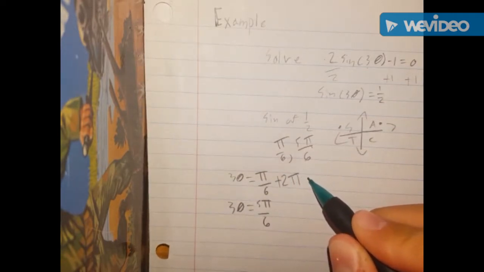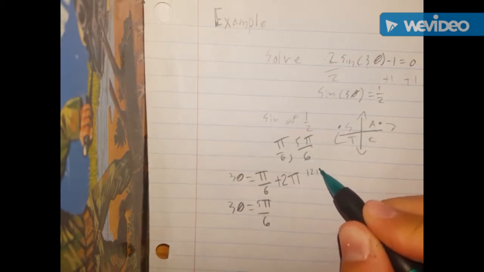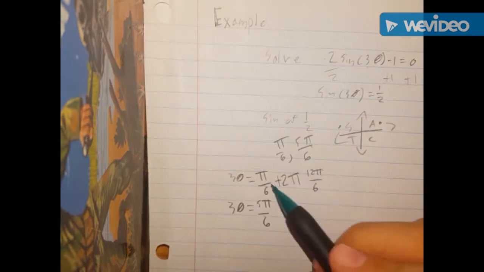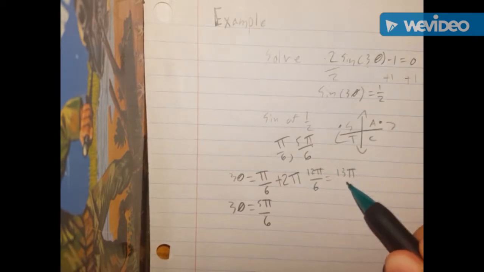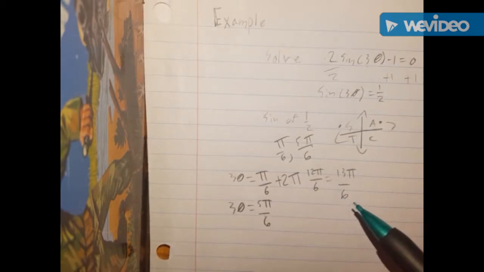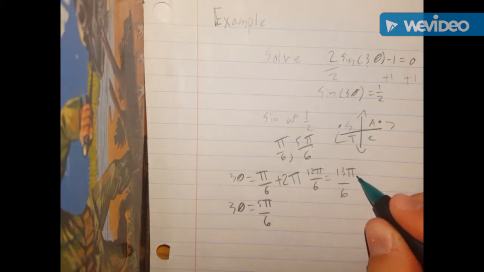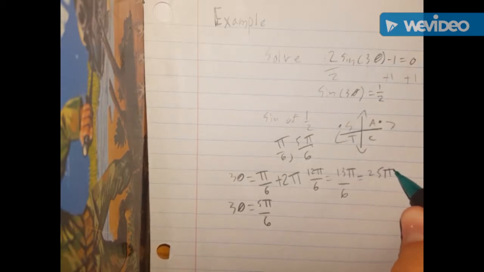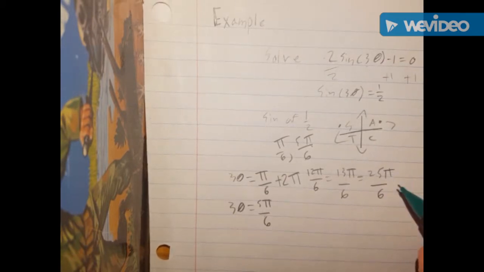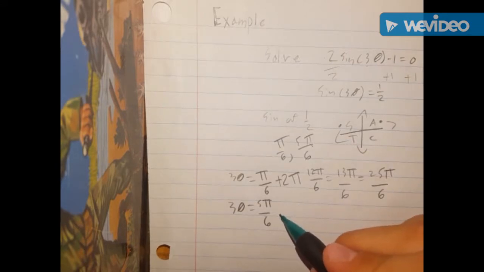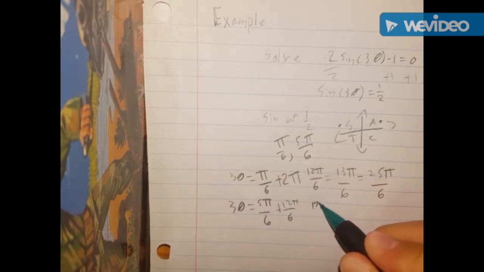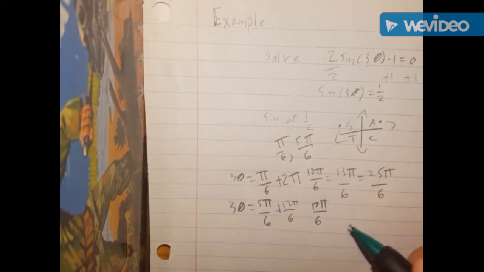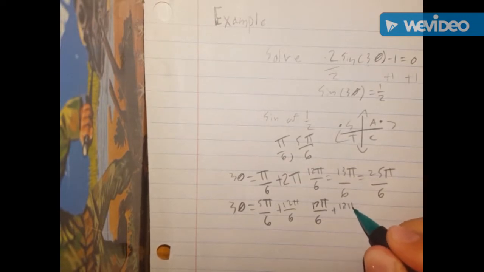And 2 pi is the same as 12 pi over 6. So pi over 6 plus 12 pi over 6 equals 13 pi over 6. And then we'll add it again to get 25 pi over 6. And then we'll do the same thing down here to get 17 pi over 6 and